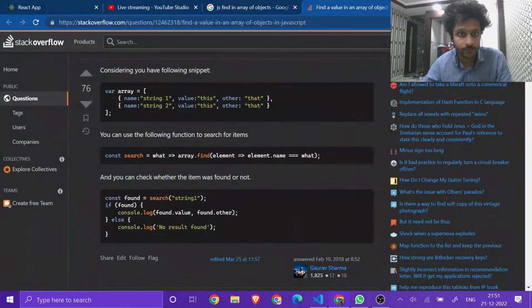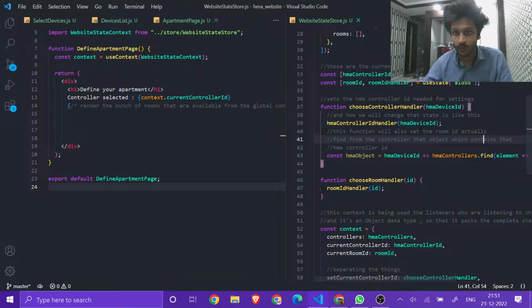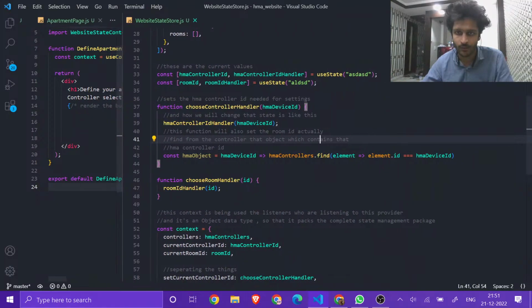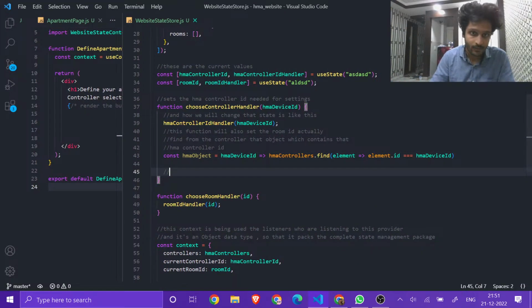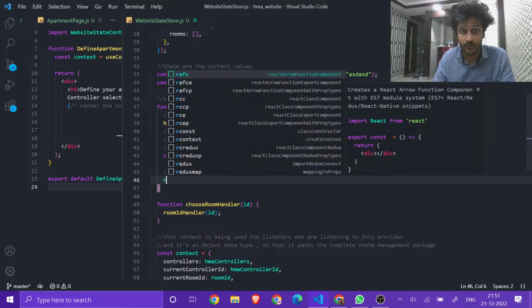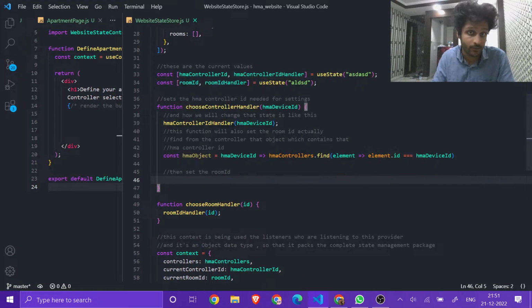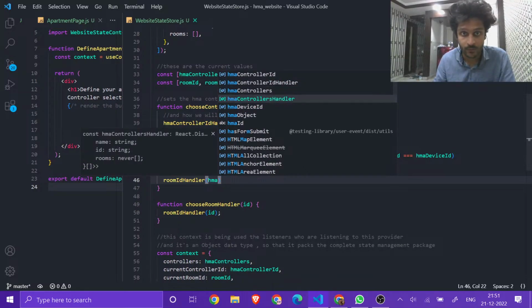Perfect. Equals. I don't know why or how we use triple equals, but it's fine. Then set the room ID. How are we going to set that room ID? For that, we are just using room ID handler, and what it's going to do is from the HMA object, it's going to find the